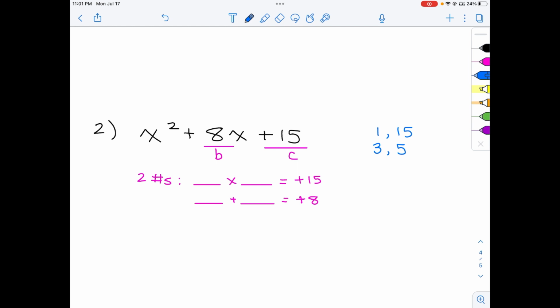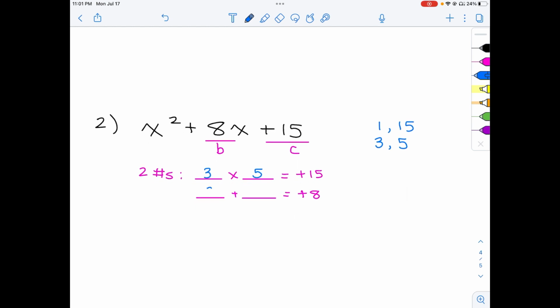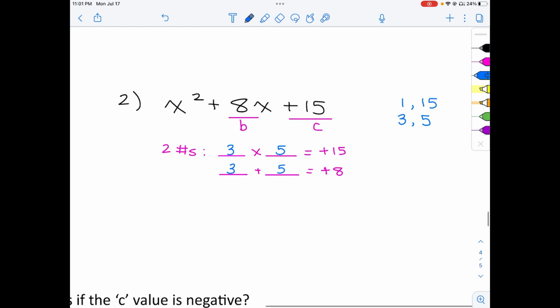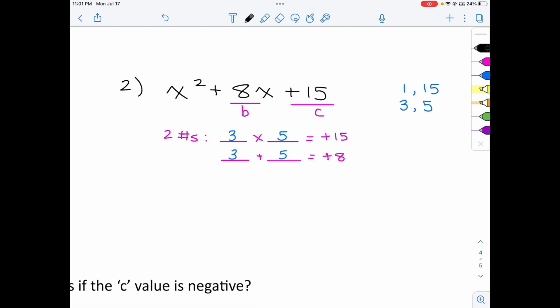But if I look at 3 and 5, I know that 3 times 5 will give me 15. And if I add them, 3 plus 5, that gives me 8. Okay, so those two numbers work. So my factored form is going to have two brackets, each with an x. And then the numbers at the end are the numbers that I decided on. So I'm going to have a plus 3 in this bracket and plus 5 in this bracket,